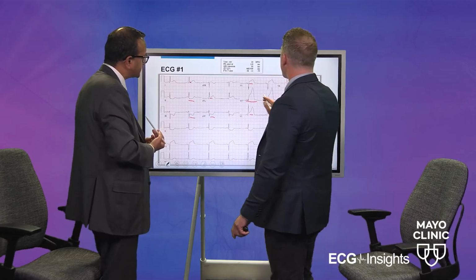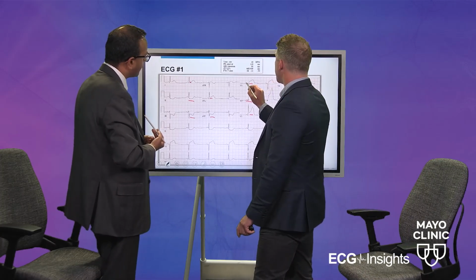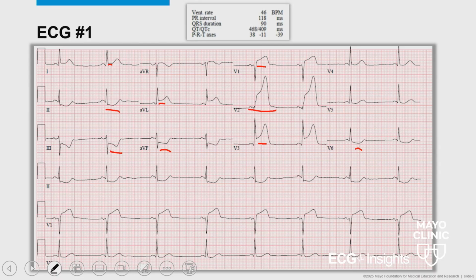Yeah, absolutely. So when looking at V1, when you're looking for your baseline and where your ST segment should be, you're looking right around here, kind of between the T wave and the P wave, following into the PR. So maybe V3 might be better because you can see the TP segment here. So that's also basically your isoelectric line, and your ST segment should fall right where we drew here, right on that isoelectric line. If we have a swooping effect that's right on the baseline, that's not uncommon, but ultimately our ST segment should be similar to our TP segment, our PR, and we are clearly above that in multiple leads.